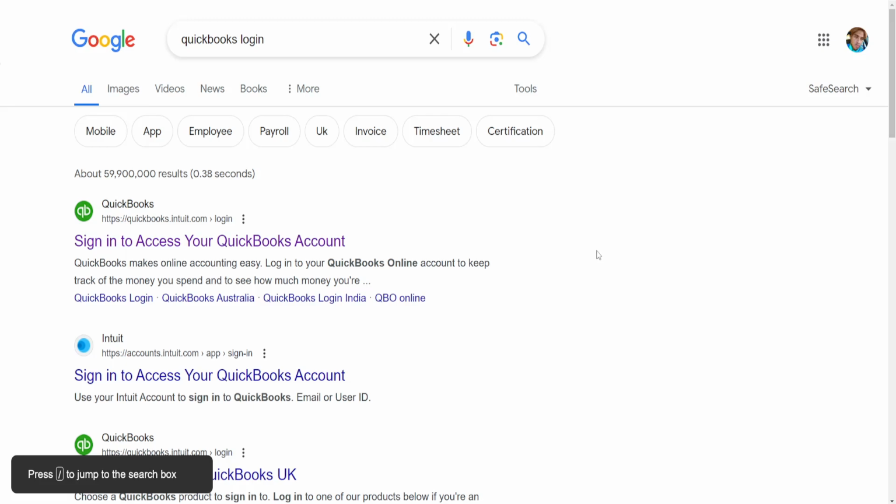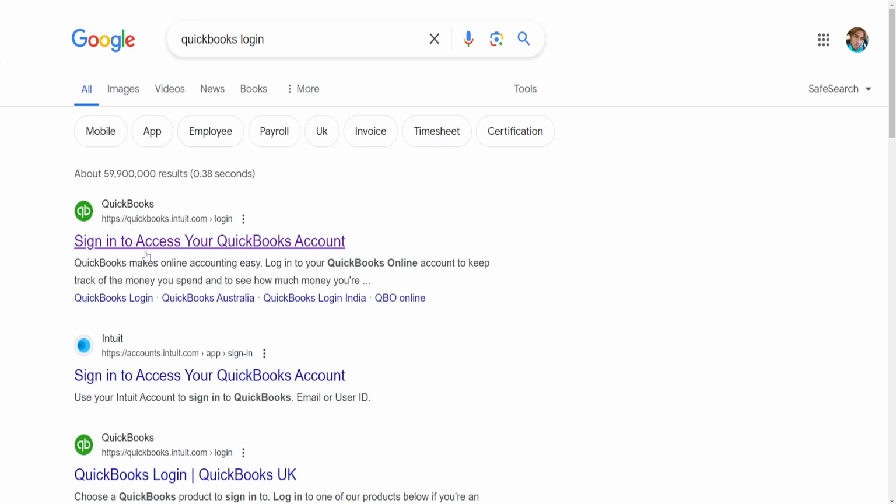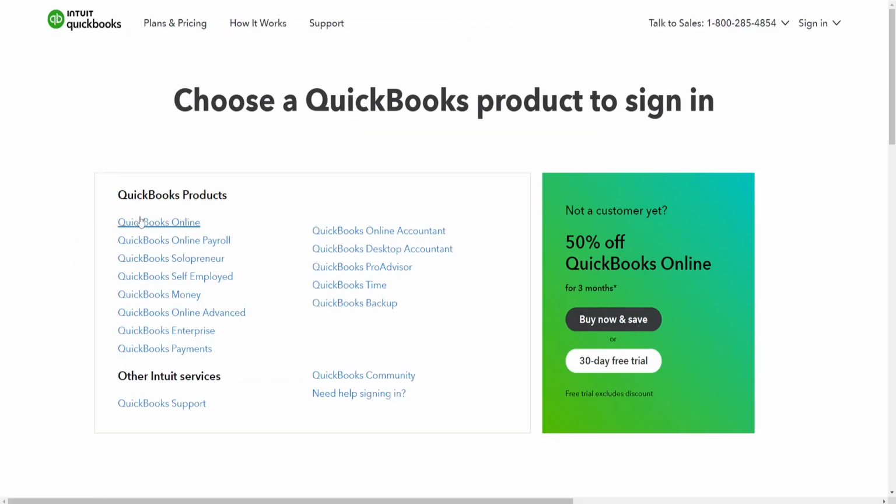How to add another company to your QuickBooks account. So right here, I've just Google searched for QuickBooks login, and just make sure you follow the steps carefully because it's kind of confusing. So right here, I'm just going to click on login, and then I will choose sign